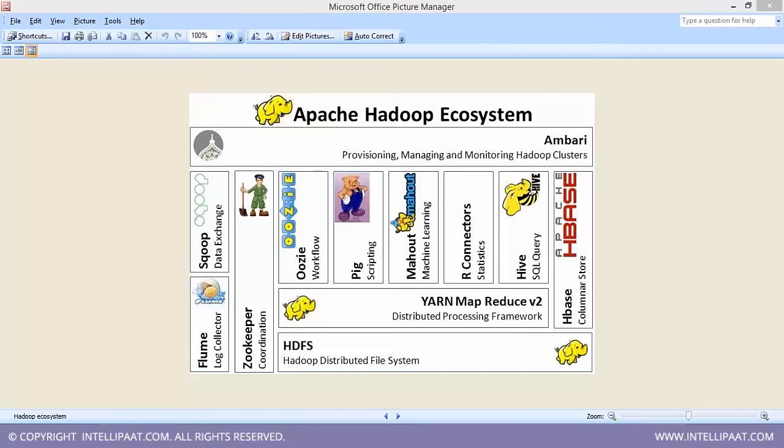Flume is for fetching unstructured data, or you can say streaming data. So if you are connecting to a streaming log server or a web log server or Twitter data, you can connect to Twitter and you can feed your HDFS without any stoppage. So non-stop data will be coming to your HDFS. Whereas in Sqoop, we are going to bring a fixed amount of data. Whatever data was there, by running that, we are fetching a fixed amount of data into our HDFS.